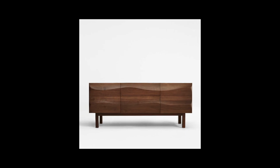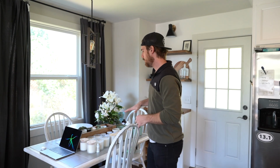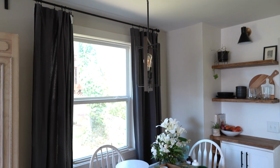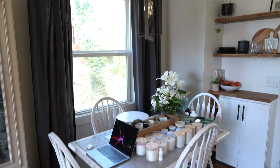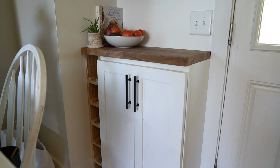Yeah. We've got an idea of what we wanna put there, maybe like a breakfast buffet bar type thing, like walnut or something like that, that we would love to build eventually. And then additionally, we want to put a different dining room table here, maybe something we build, and then some seating on the back. It's like a bench seating,